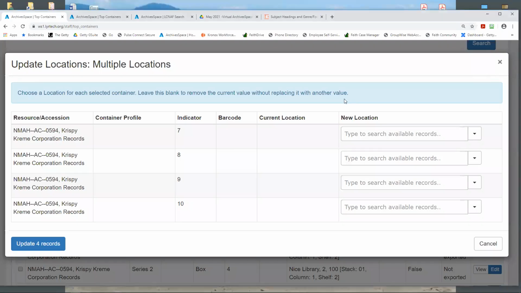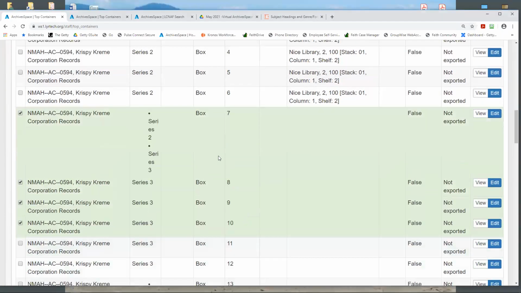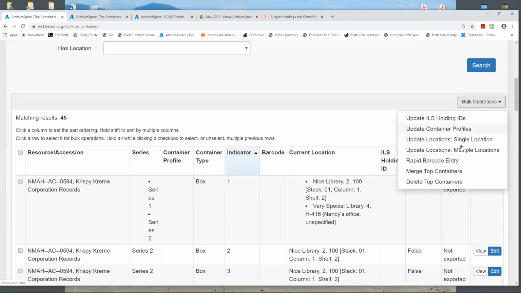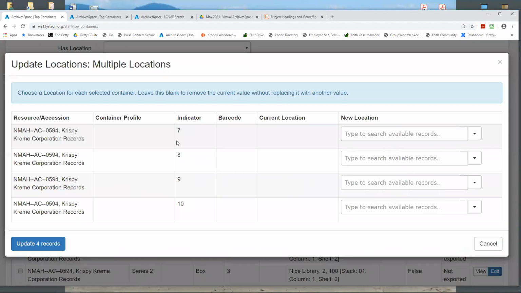Share screen. Okay, so let me go back. If I've selected, say, 4 boxes, and if I go to multiple locations, I could then assign each box